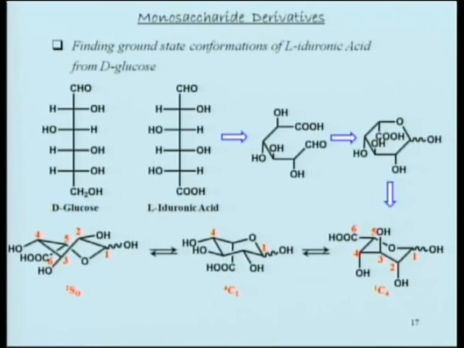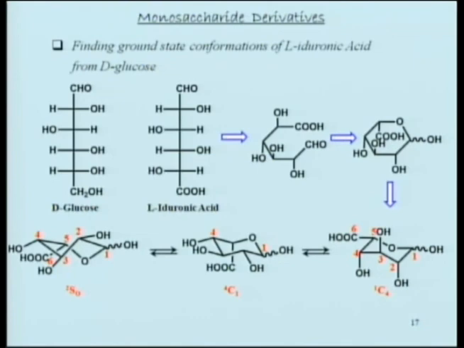We can also have something like that. Some people call it twist boat, some people call it sofa, and there are variations in between. So this is a sofa conformation in which carbon atom number 2 is above the plane, oxygen is below the plane, and 5, 4, 3, and 1 are in the plane. That's why this is called 2SO. And if you flip it around, you can actually get OS2. Likewise, there are several other conformations that are possible.